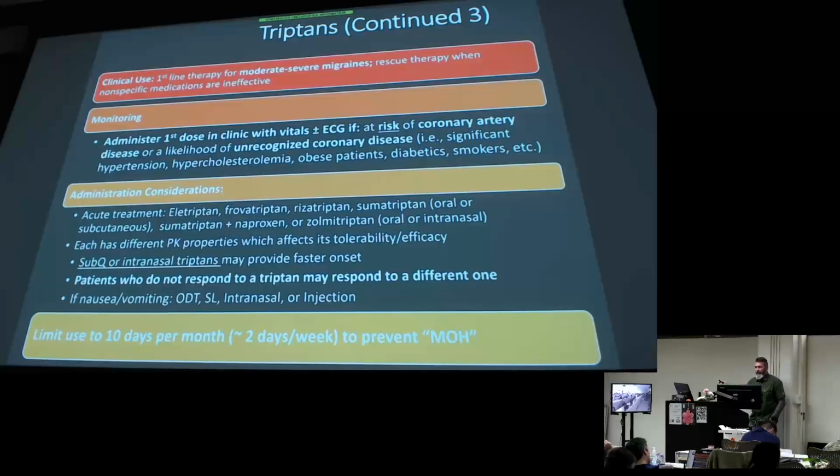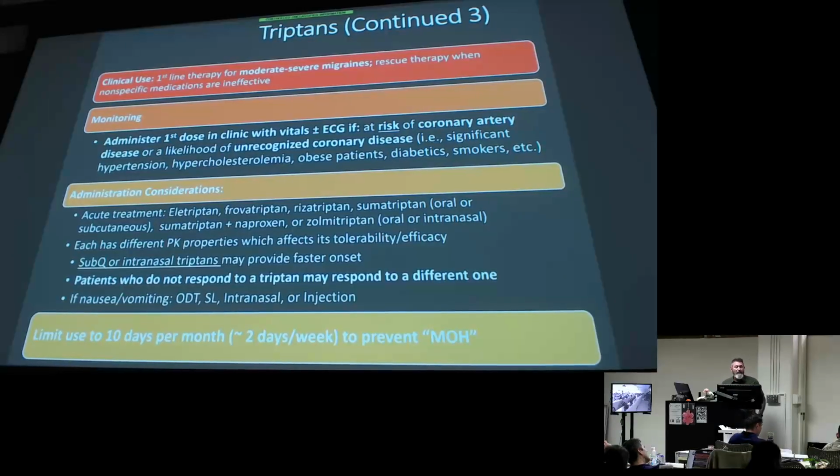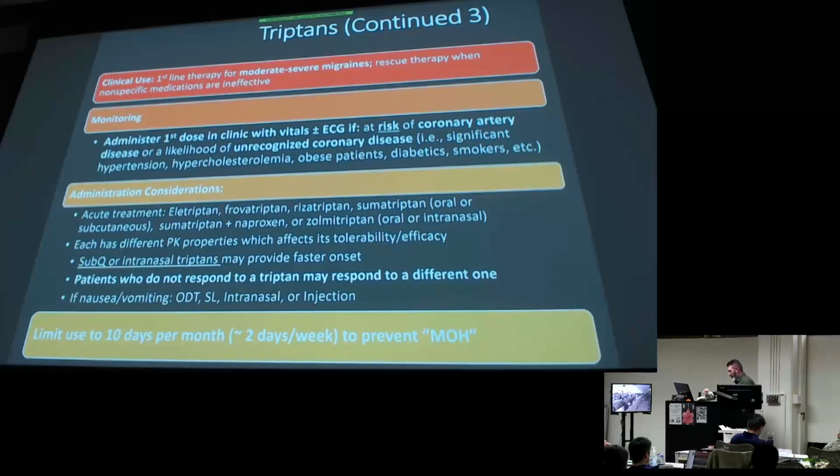We said, is nausea and vomiting often associated with migraine or not? It is, right? So then we can also treat their nausea and vomiting in the clinic too, usually with something fast acting as well, whether that be a disintegrating tablet, some sublingual, intranasal, or an injection. And we'll talk about which classes are preferred. There it is again, how we limit our triptans for acute abortive use to about two days a week, or 10 days per month, to prevent medication overuse headache. So those are important concepts for each of these drug classes. I would know those numbers.